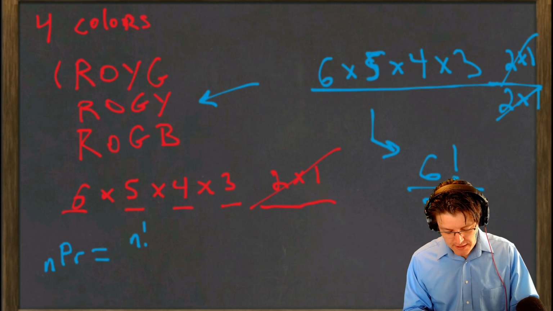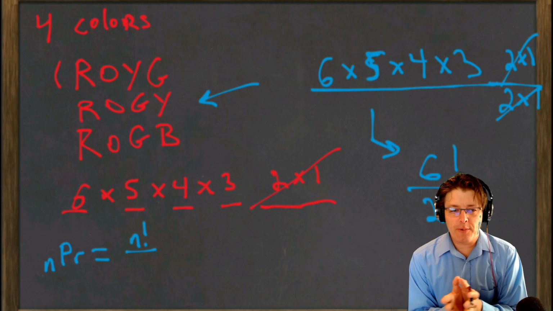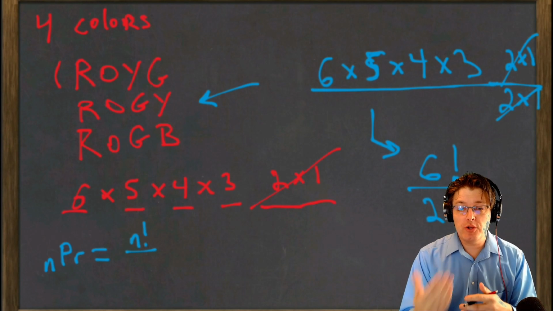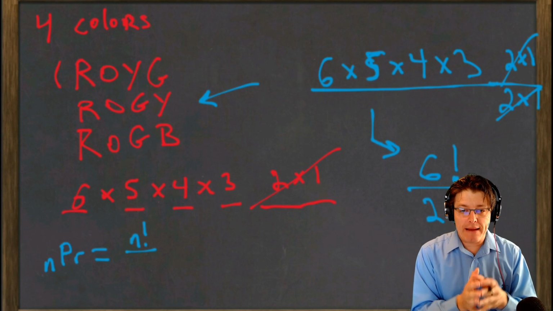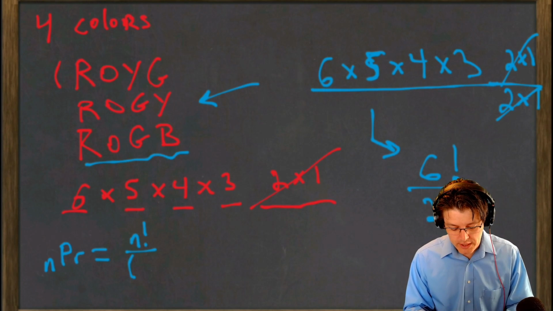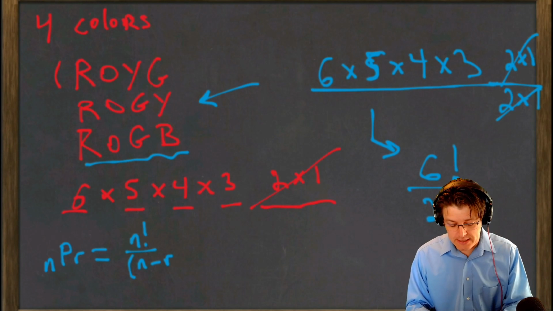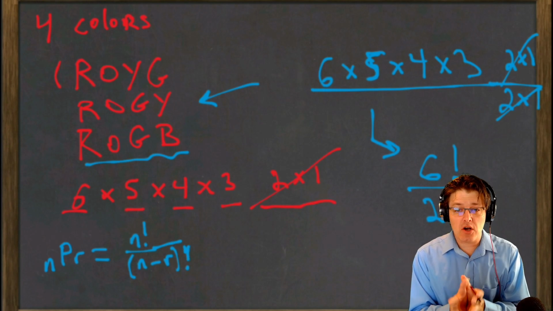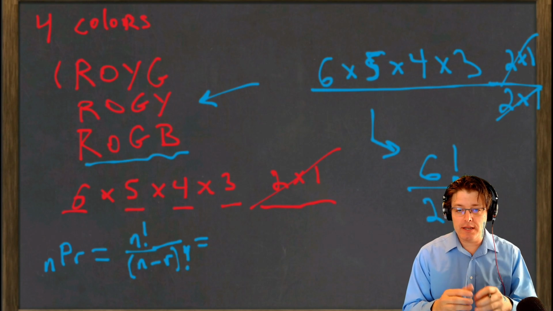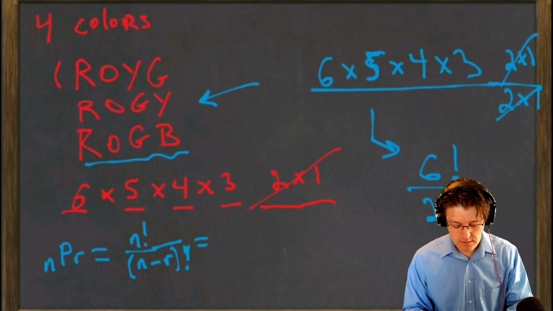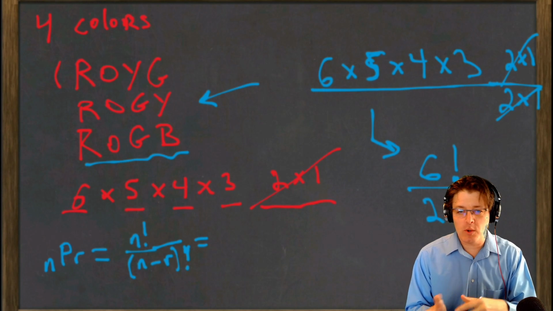N factorial, how do we get to 2 factorial, right? We need 2 factorial on the bottom. Well, 2 factorial is the number that we aren't using. That's the number of options we aren't using. So every time we write down 4 of these, we've left 2 off. So we can write that as n minus r, so the total number we have minus the number we selected leaves us with those 2 that we're not using. And so that's all the permutation formula is doing. It's saying we have this many on top, and we just want to make sure that we're not counting these ones that we aren't using. So the n minus r is the ones we've left off.